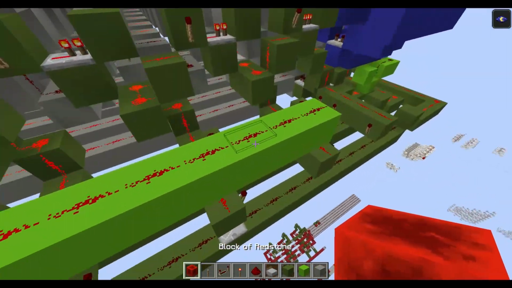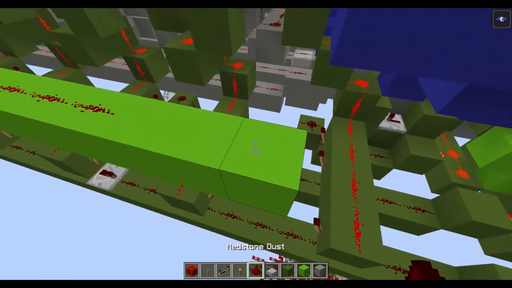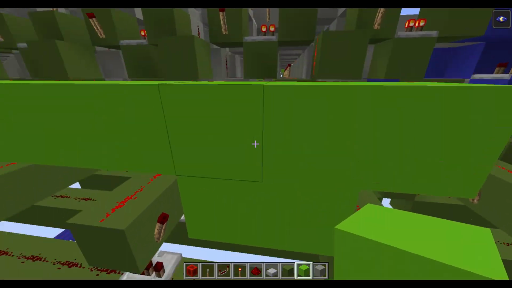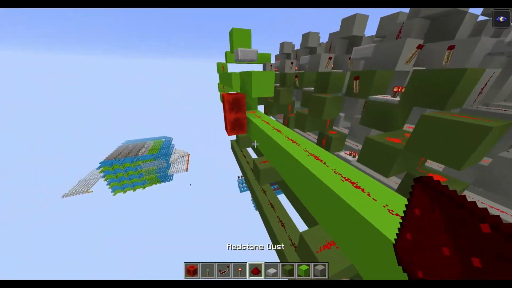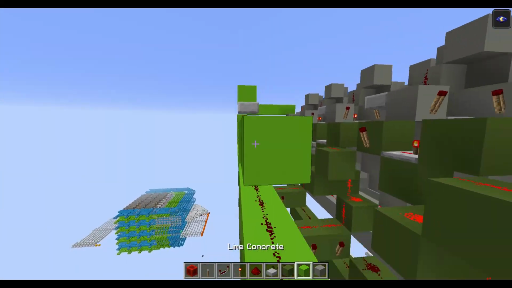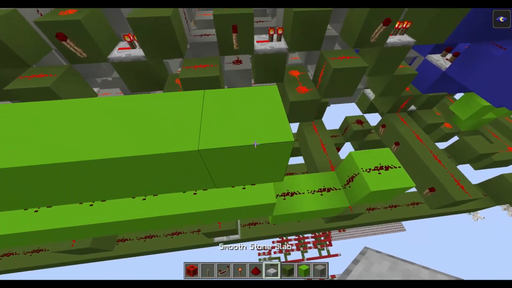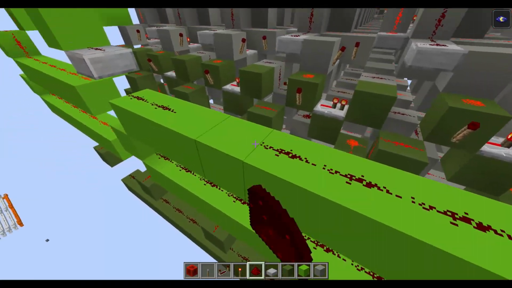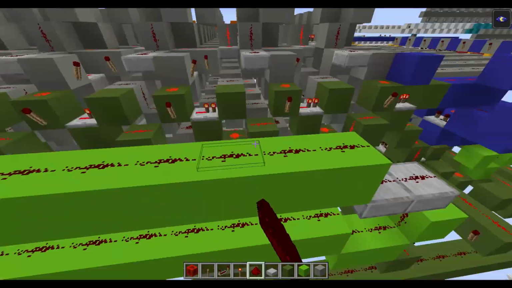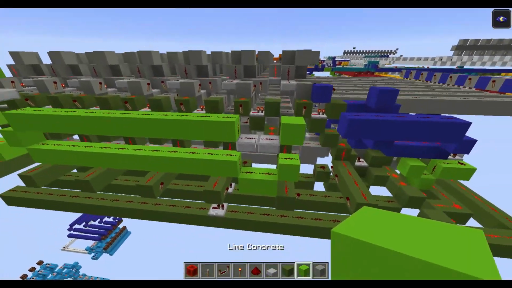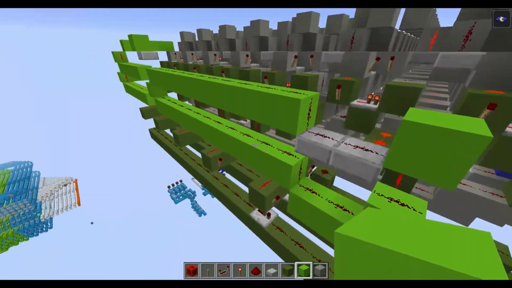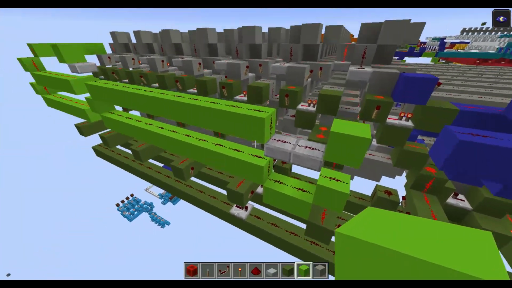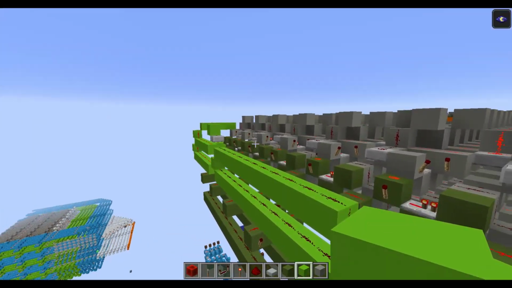I need to check the length. So it's here, and I think we need to do this, if I remember right. So here you have the same, and 2 slabs, something like this, and a block here. So now we can command with these two lines the reading only or reading and erasing.